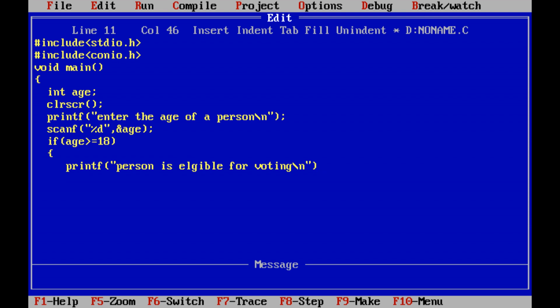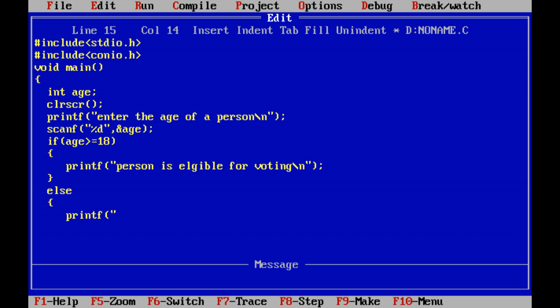If the condition is true, then the control goes to the if block. The statement within the if block is executed. Next, suppose the condition is false, then the control goes to the else block and the statement within the else block is executed.